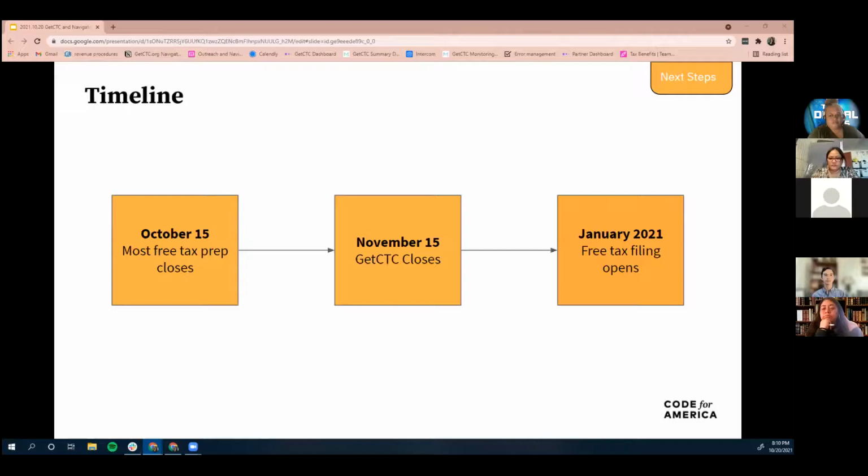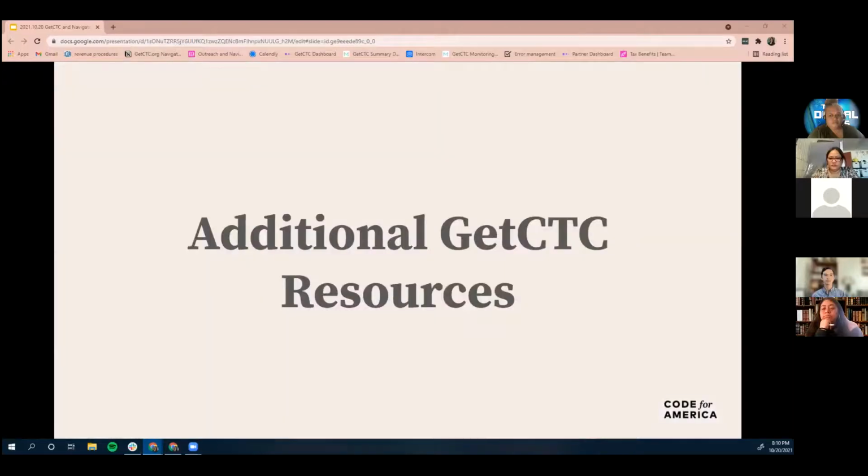And that's usually one of the most challenging things for people accessing one of the VITA services. So we're going to be putting out a toolkit of the messages that need to happen between November and January. Just want to call out real quickly, before we go to a Q&A session, some additional